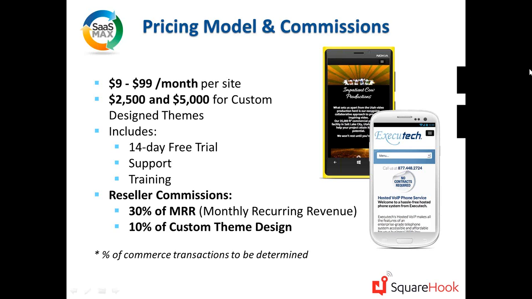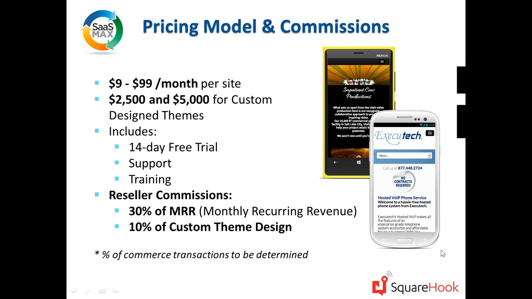So our pricing model and commissions: our basic monthly rates start at $9 and go up to $99 a month. We also have, for people that ask us to do custom design themes, we charge from $25 to $5,000 depending on the level of complexity.